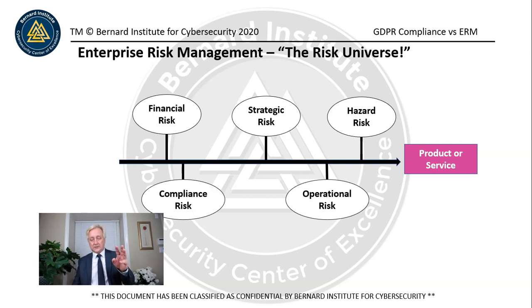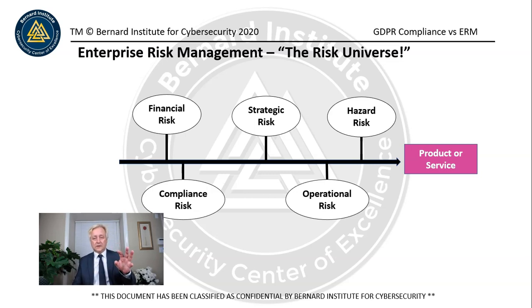GDPR has implications for operational risk. However, operational risk, there needs to be a clear segregation of duties between the two. And unfortunately, I'm seeing a lot of organizations that are blending the two. And this is creating a lot of confusion and a lot of disruption, a lot of duplication, not leveraging the best knowledge of the organization for the best purposes, creating some contention for resources and for budgets. There's a lot of problems with taking that approach.